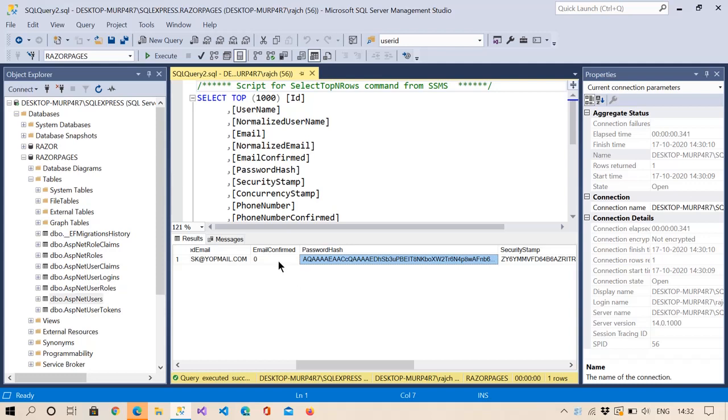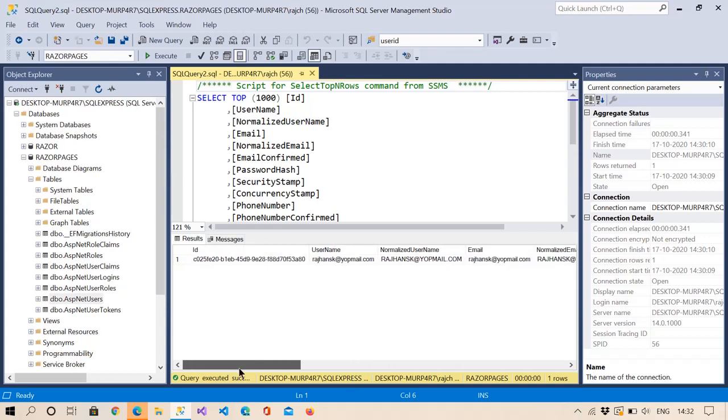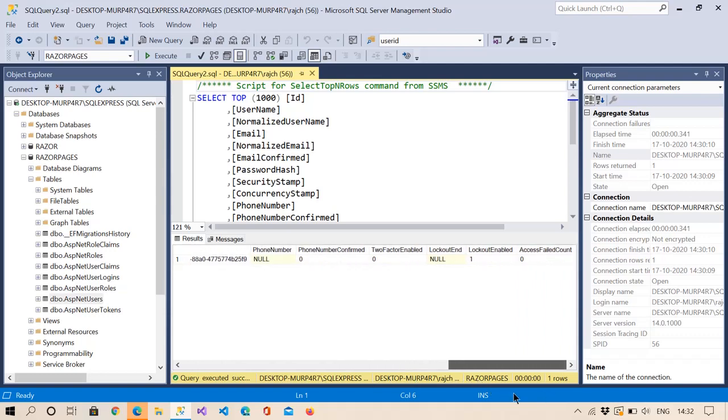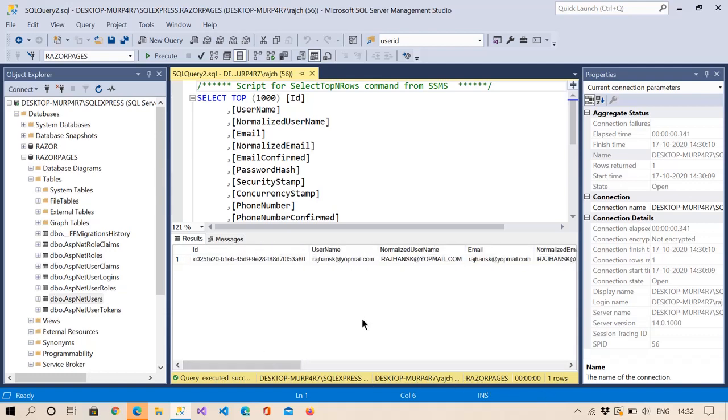And you can see one more column here, email confirmed. This email confirmed is set to 0, and in the default implementation done by Visual Studio, it was asking us to set this email confirmed as true by confirming the email ID from the email account. We need not implement that section for now. We will discuss that later in upcoming videos.